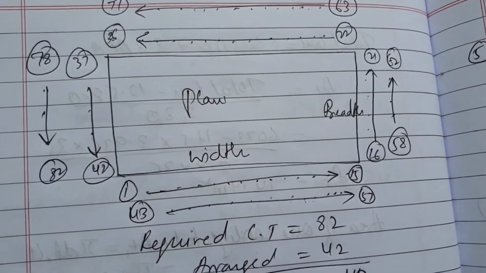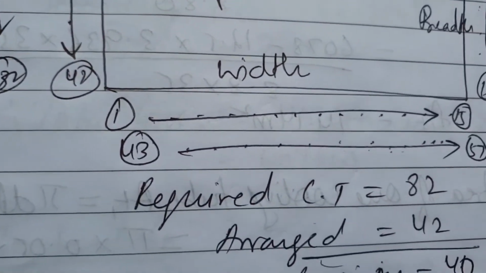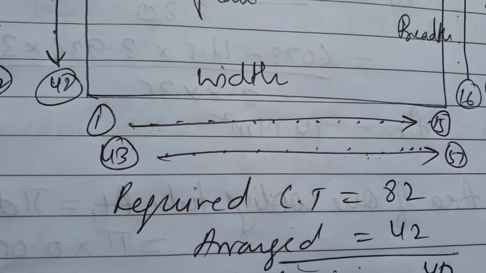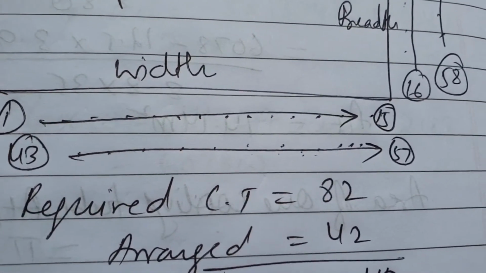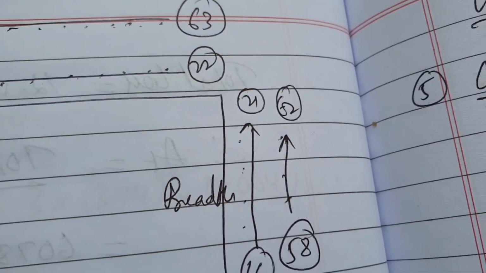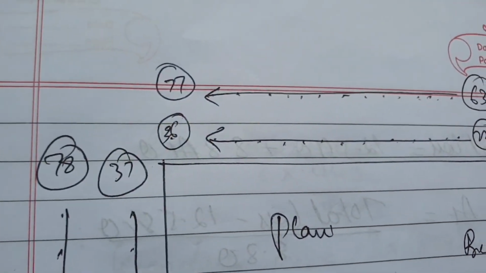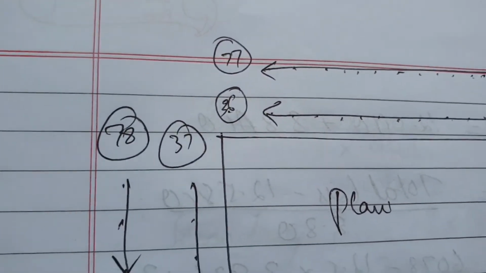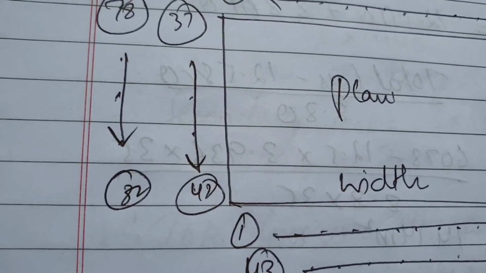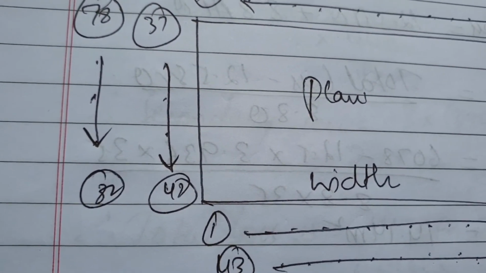So in the second row arrangement, again I am starting with the width. We stopped at 42, so let us continue at 43. Starting from the 43rd cooling tube, I am going to place up to 57. Next 58 to 62, that is only 5. Then next 63 to 77, that is 15 cooling tubes. Then 78 to 82, that is 5 cooling tubes. So this is how the schematic completes. Thank you.